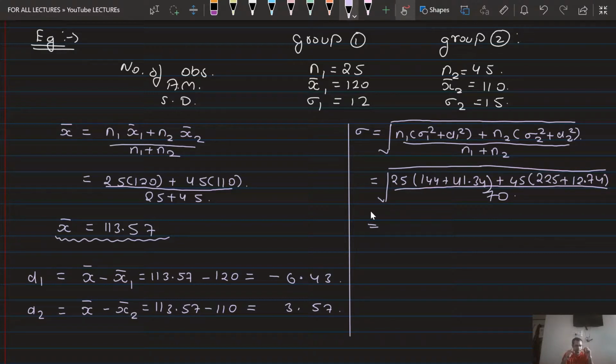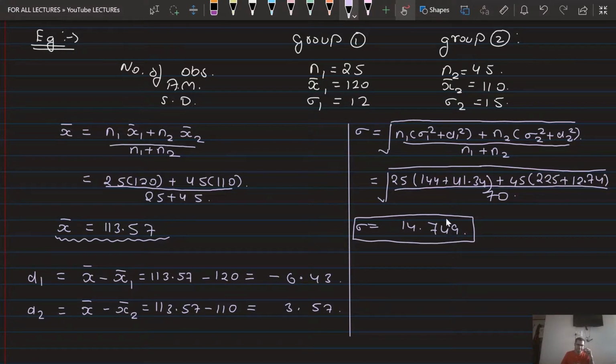56.54. After taking the square root button, 7.51. No. The answer is actually 14.749. That must be something in your calculator that you might have not cleared the memory of. So first be sure to clear the memory and then repeat the same procedure once again, and you will get that answer, 14.749. Okay, try this for your homework today.